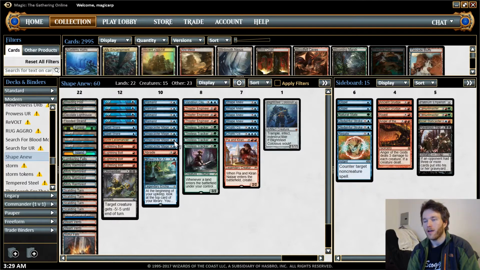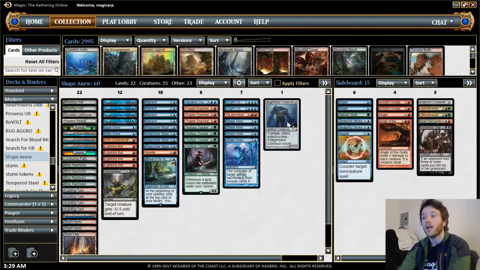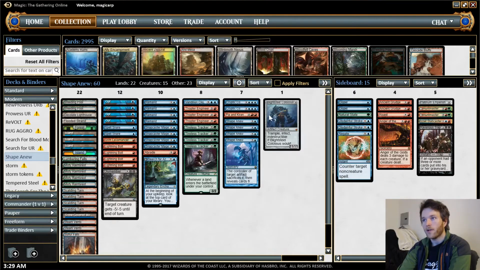X, probably not good enough, but still fun combo, control combo decks rather than aggro combo. This one, instead of running Madcap and Platinum Empyrean, is running Anew and Blightsteel Colossus. So it's not quite as resilient